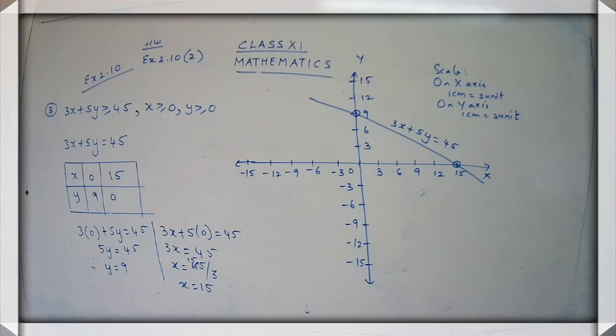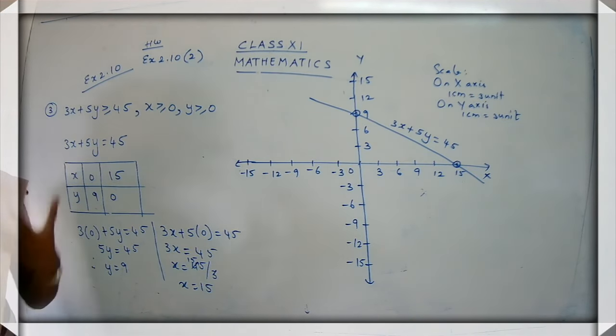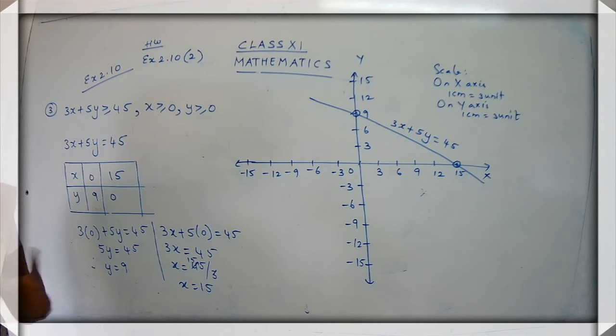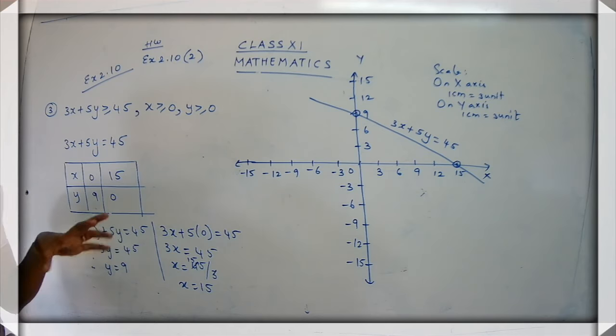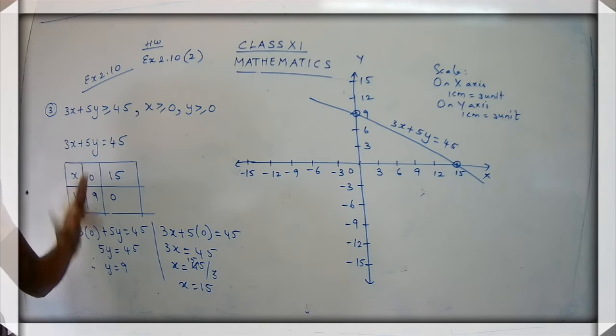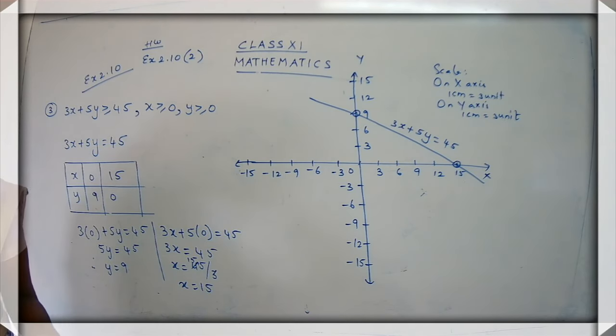Have you completed the graph for 3x plus 5y is equal to 45? Okay. So now what we are going to do here is check first itself, because once we go on having more inequalities, after plotting the graph, we may get confused. In the previous case, we were dealing with only 2 inequalities, so there were no more confusions. But now here we are dealing with 3 inequalities. In certain cases, you are going to deal with 4 inequalities and so on. So you have to be clear with the concept.